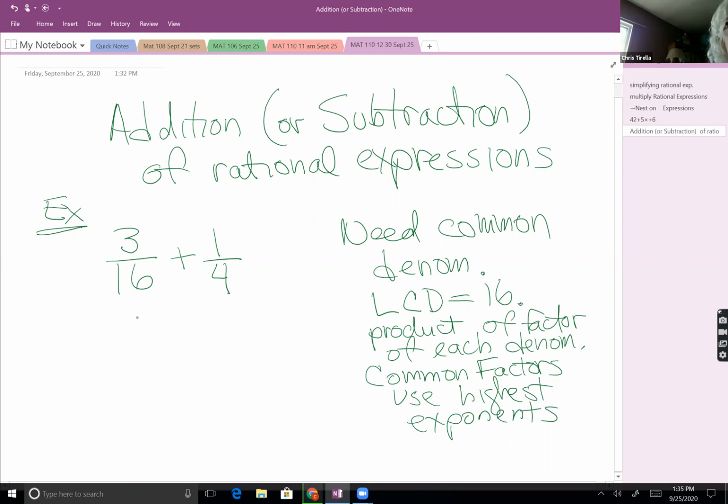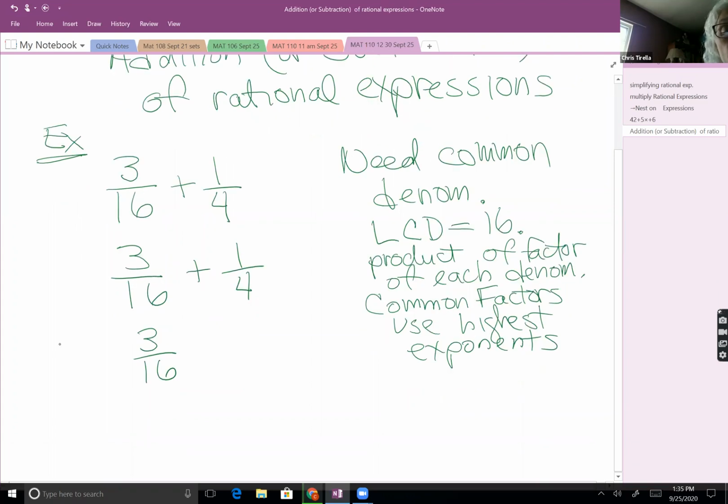And then do you remember, you have to go through and do a bit of work. Once we find the common denominator, the first fraction already has it. The second fraction, we have to make it get that common denominator. And so we ask, what can I multiply 4 by to make it 16? And it's 4. And whenever I multiply by something, I have to multiply the numerator by the same thing.